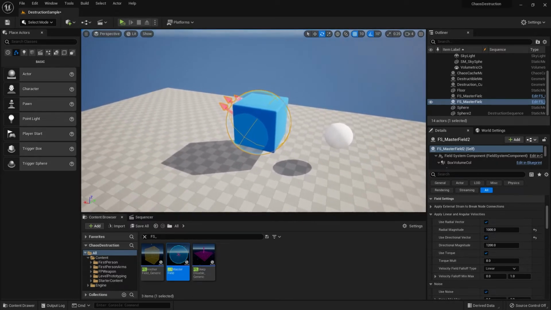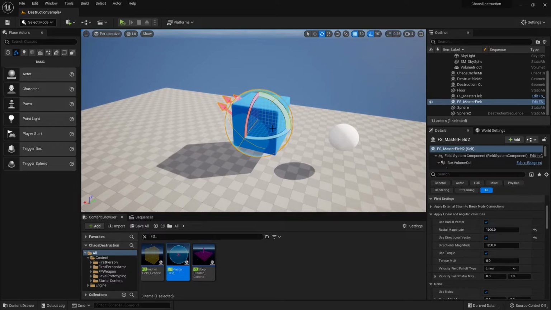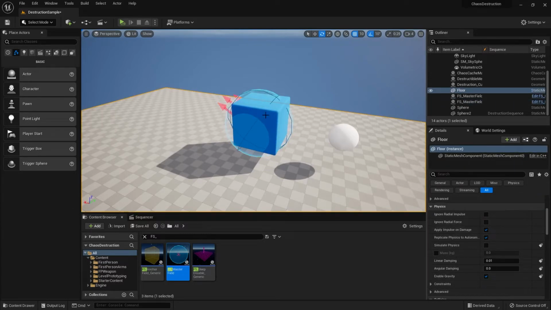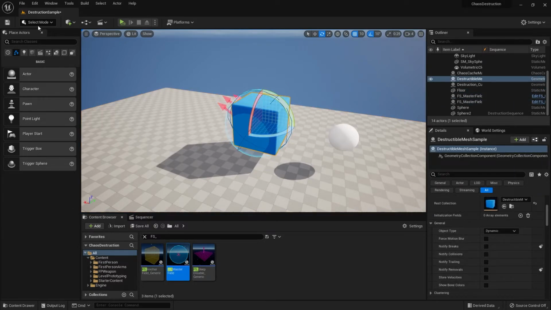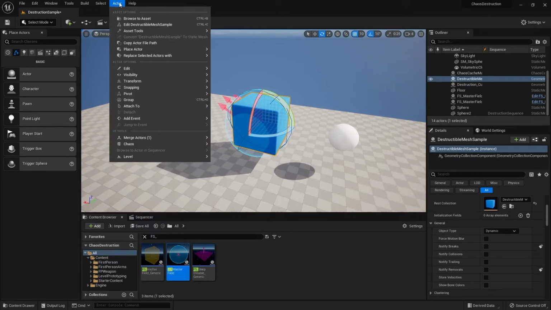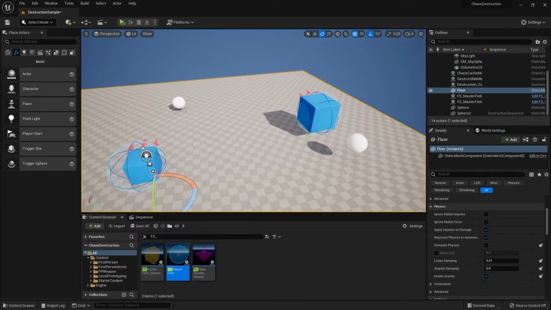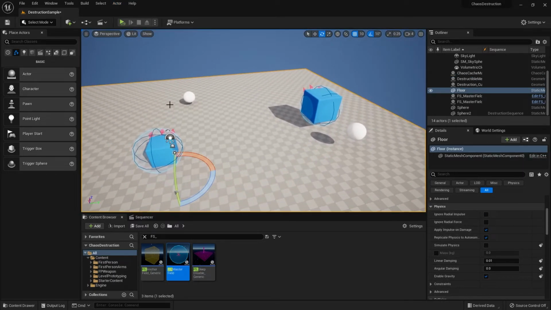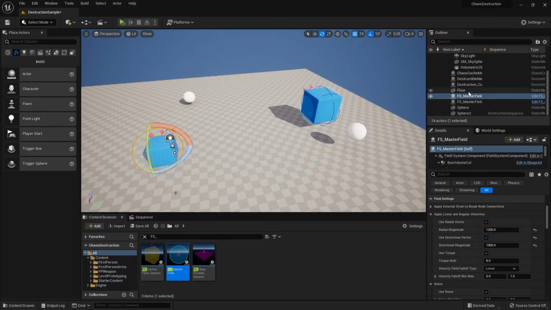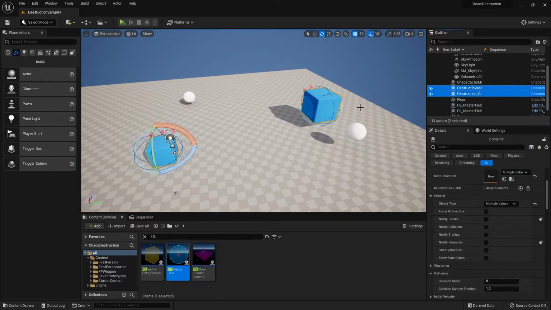Okay, so let's say I'm happy with the current fracture that I have, and I want to use it in the sequencer. Well, what do I do? First, we can click on the destructible mesh over here, then go to actor, then chaos, and then create the cache manager. And if you want to use more than one destructible mesh at the same time, all you need to do is select both.